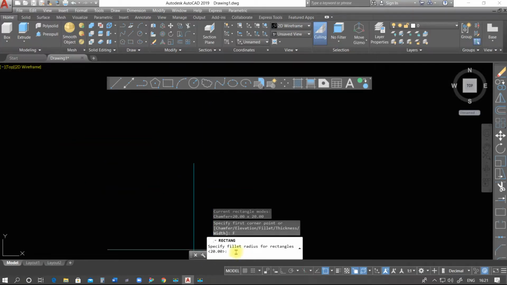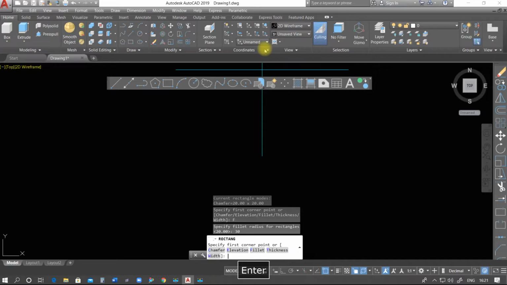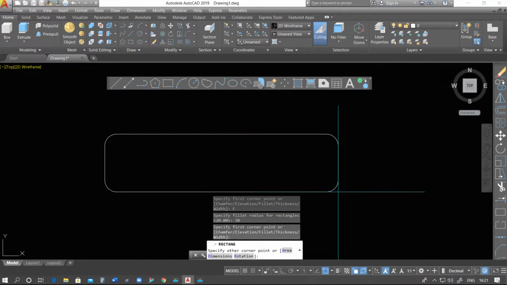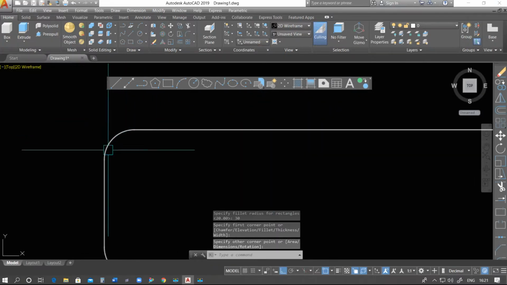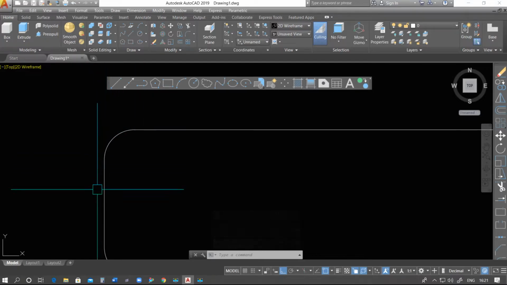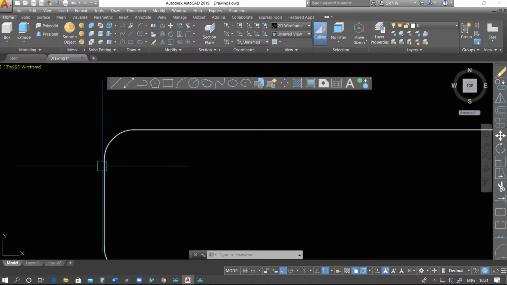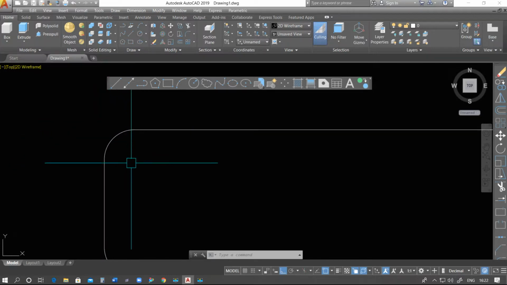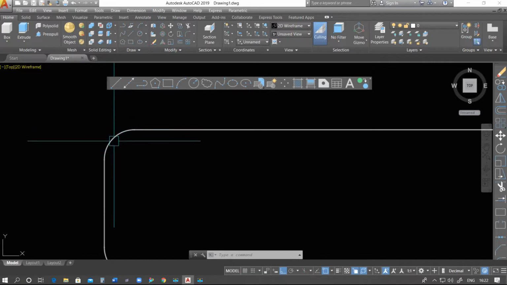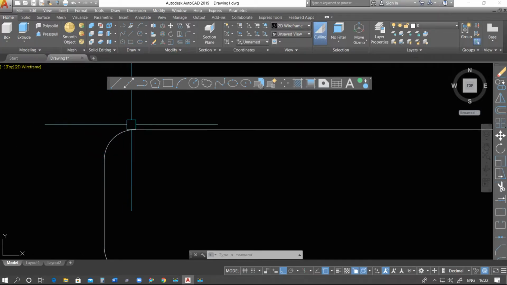What should be the fillet radius? I'm saying 30. Press 30, press first point, second point. You see we have some arc. When we use chamfer, we had to define the first distance and second distance. But when we use fillet, we have to define the fillet radius. So it will form such an arc.